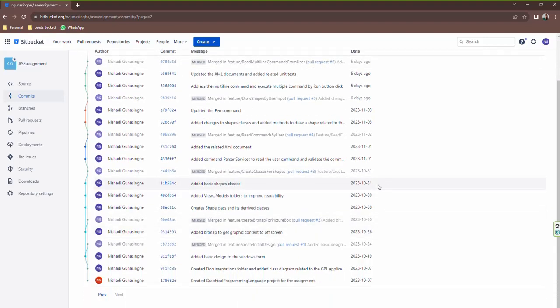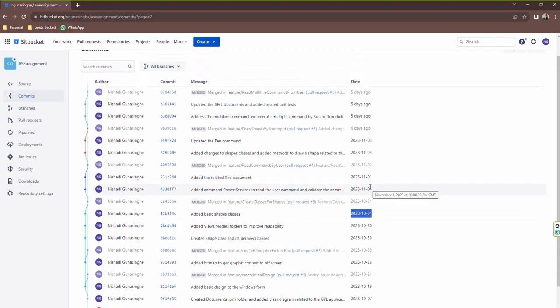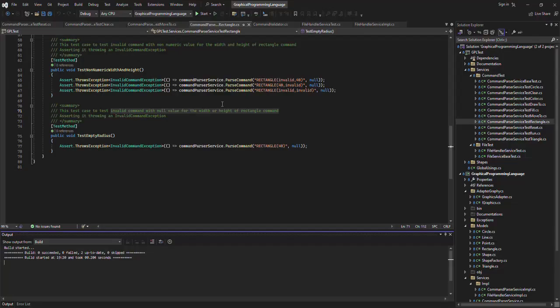shapes classes on October 31st, and I changed my design and made the things again. I have made some design changes for these shape related classes. So everything was handled on the 3rd of November as well. Those are the commits, and also